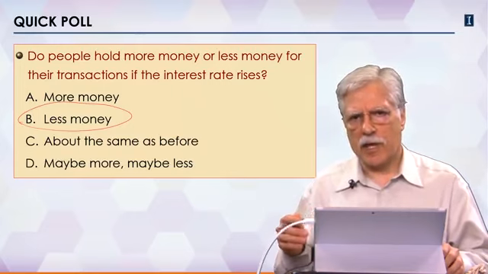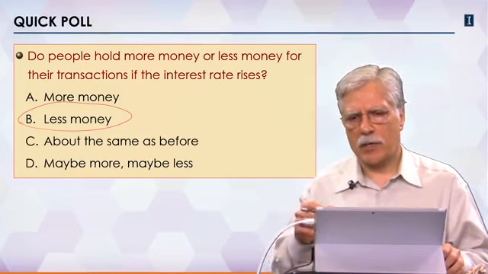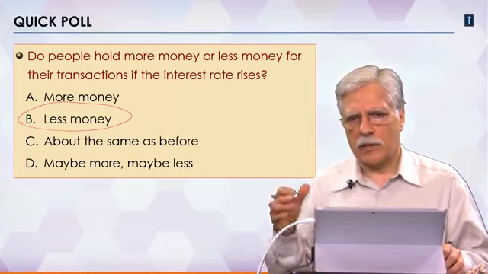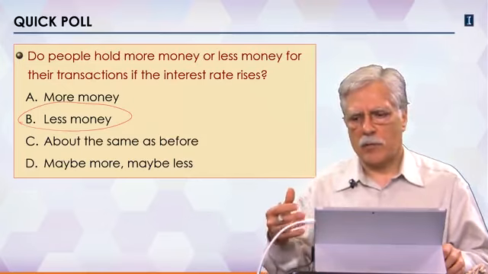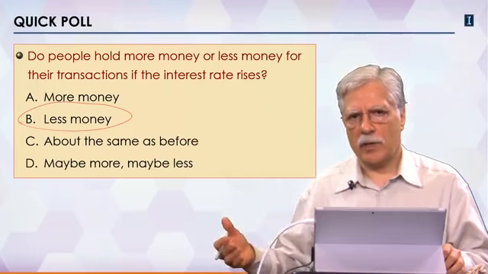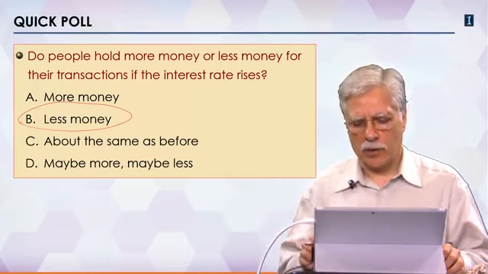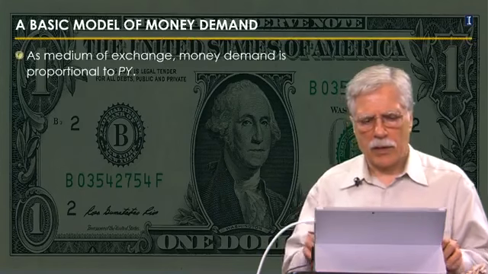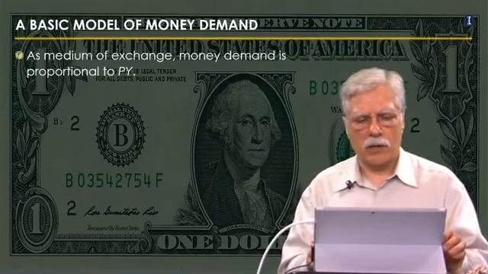It means a little bit of hassle because every time they want to buy something, they need to switch their assets from illiquid assets to liquid assets to make the purchases. But if the interest rate is high and they get better return elsewhere, it's worthwhile to do. Now, with all these things in mind, let's build a model of